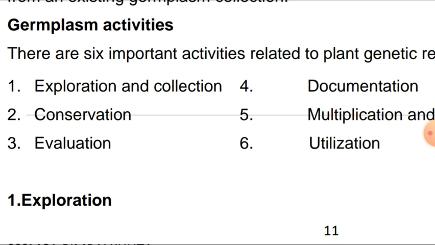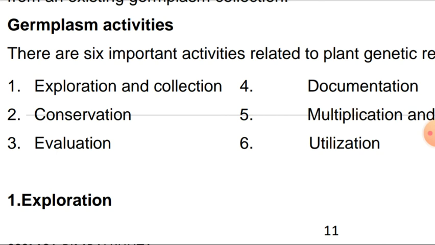Then after that evaluation, we can compile the data, analyze the data, classify the data, storage, and dissemination of the information regarding that particular research we have to do. Then documentation will be done, and we can mention that particular numbers, and we can make a document regarding that particular availability of the various types of the germplasms in case of the different crops.